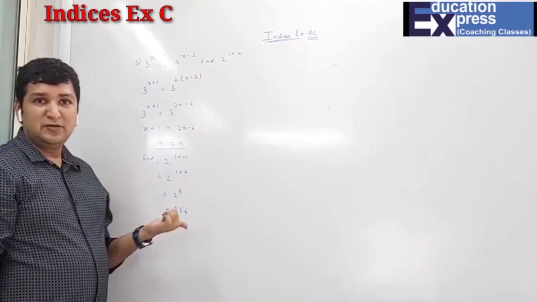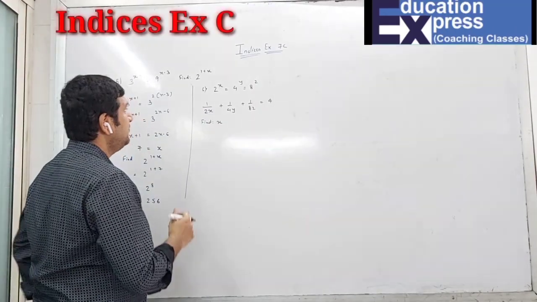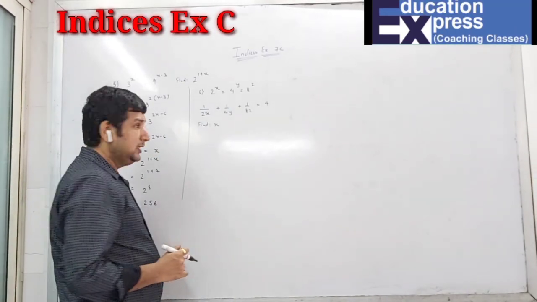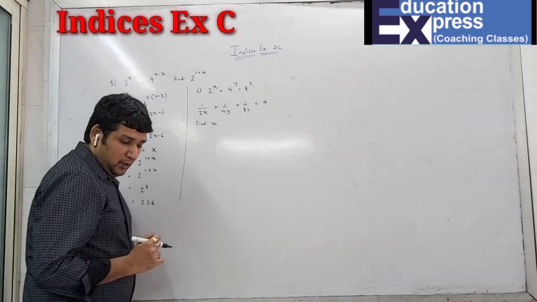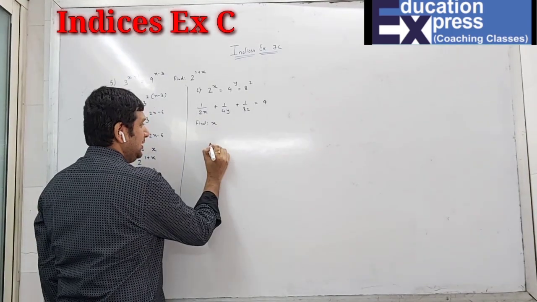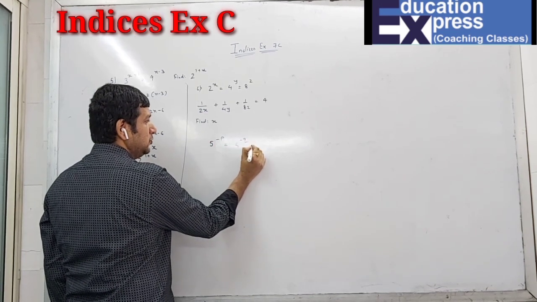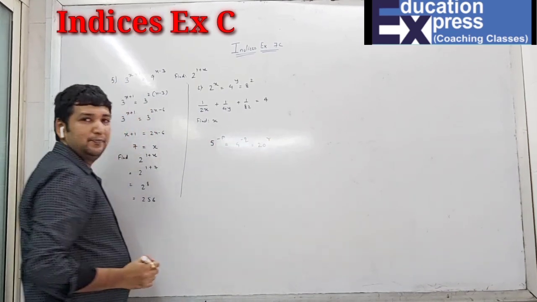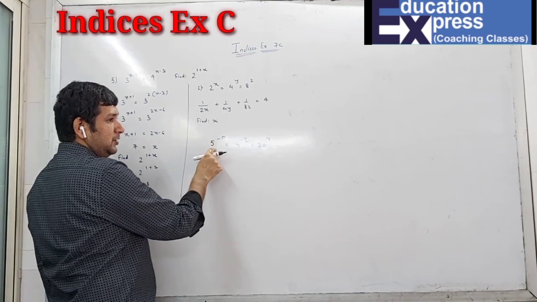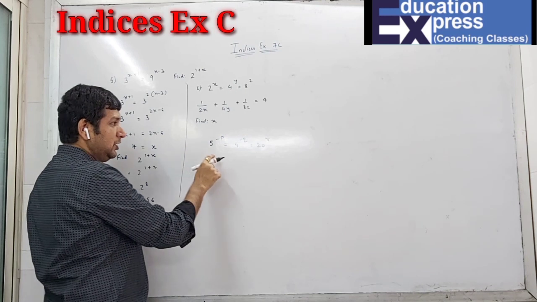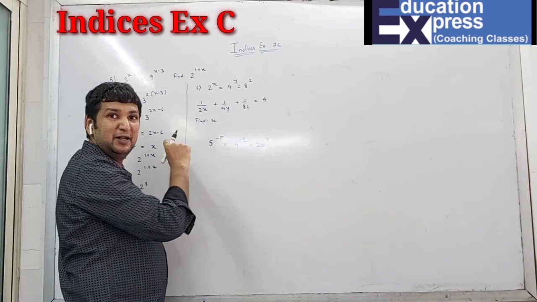Fifth question done, now starting the sixth question. So with the sum we have done in exercise B also, that was question number 10. But in the 10th question, the bases we had were something like this: 5 raised to minus P, 4 raised to minus Q, and 20 raised to R. This means that over here, one thing that is not common is that you cannot get all of them under the same base.